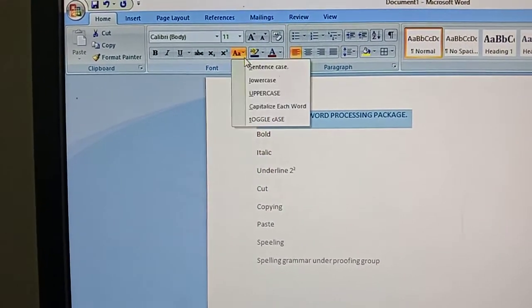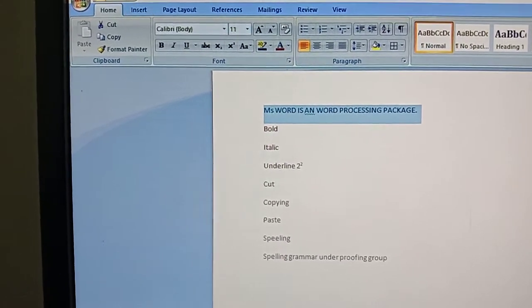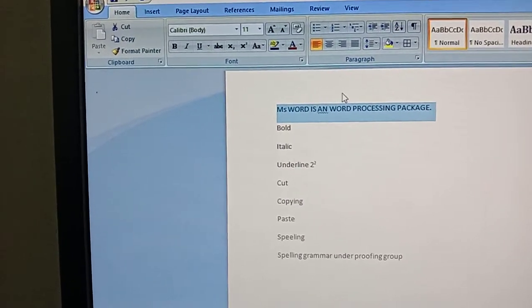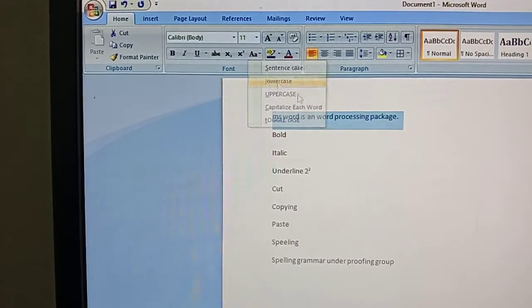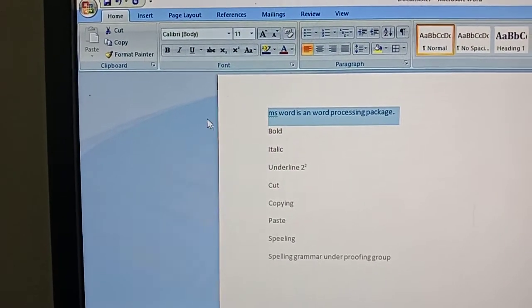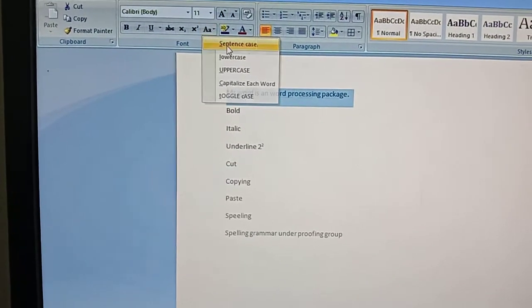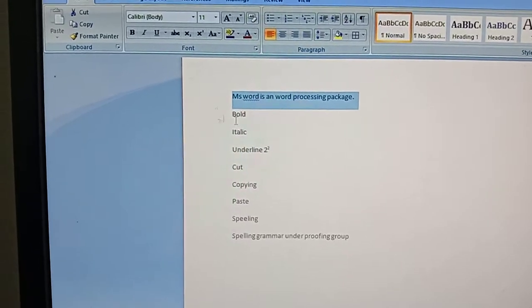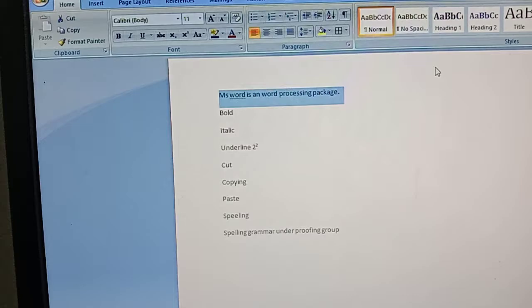Next is capitalize each word, so only the first letter will be a capital letter and the remaining will be in lowercase. Next is lowercase, so all the characters will be in lowercase. Next is sentence case: only the first character will be a capital letter and the rest of the letters will be in lowercase.